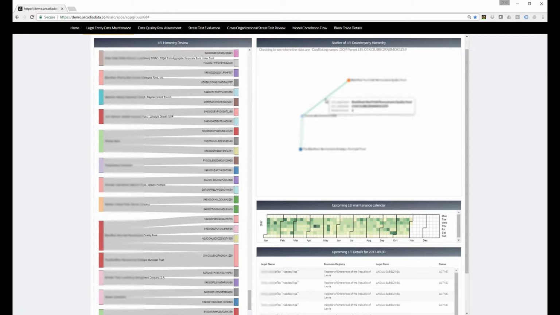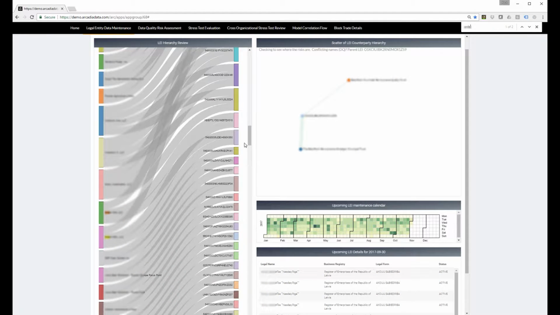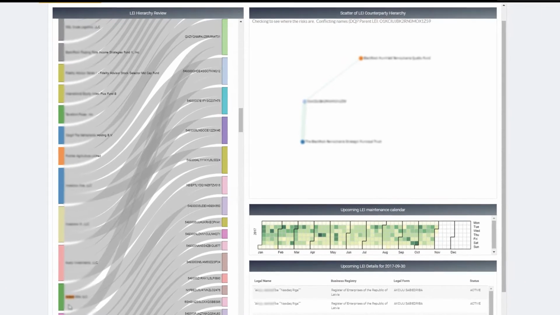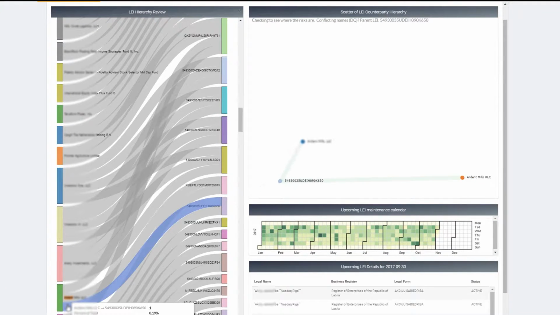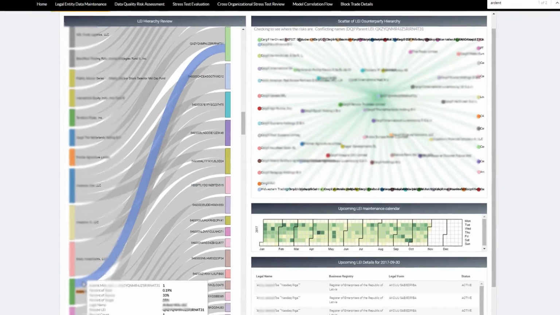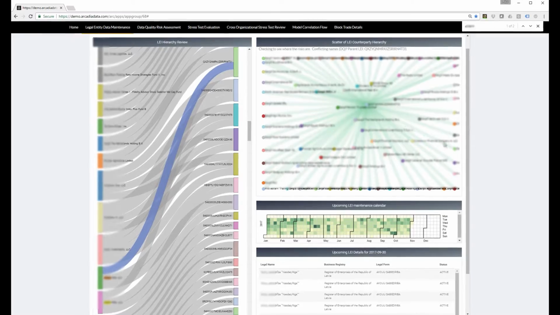Let's take a step back and review some of the overlapping relationships. This is important when considering counterparty risk. It is good to know whether or not the counterparty with whom you are trading is part of a larger group. This counterparty, in green, seems to have simple connections with others. In this case, a three-way. In this case, four. However, further exploration shows that it is much more complicated.